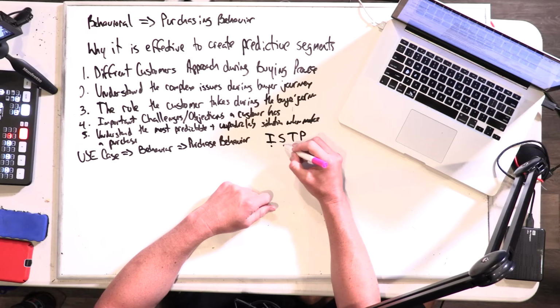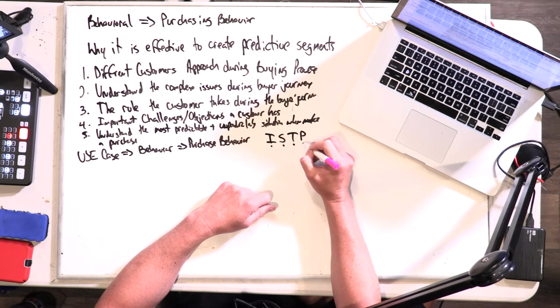So the whole goal of the segmentation survey is to identify, segment, target, and position. Take somebody through a process asking very specific questions that allow you to identify which group they belong in, so that you can get the same people with the same characteristics in each of those groups. By segmenting those people, now you've created your target markets, allowing you to position your business in a way that's focused on their